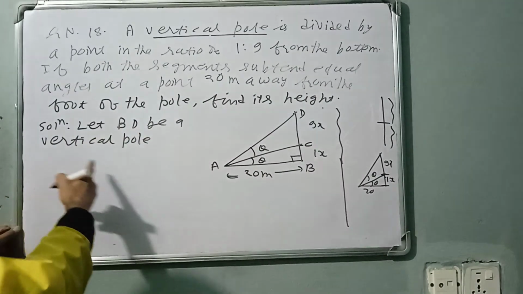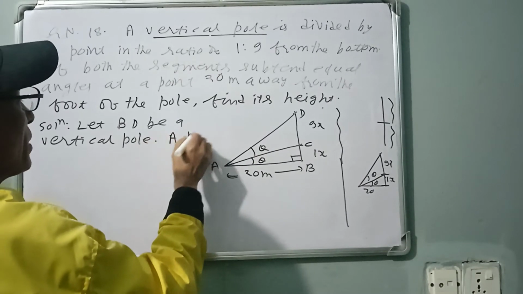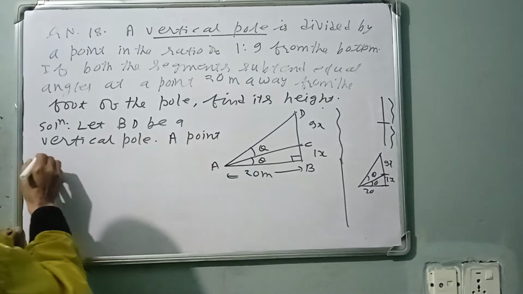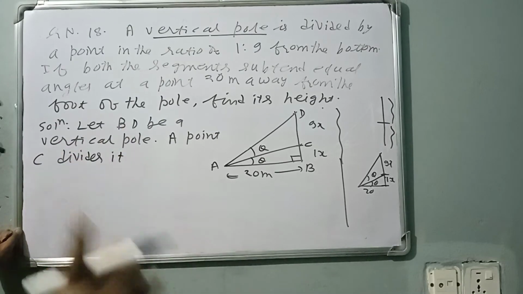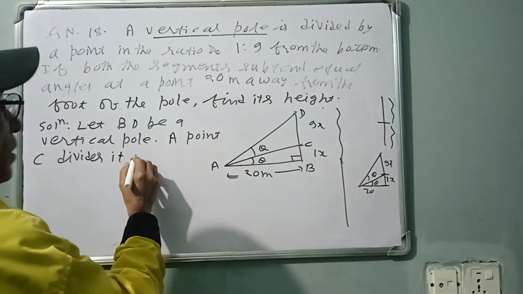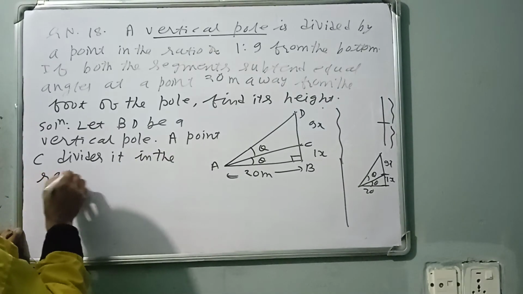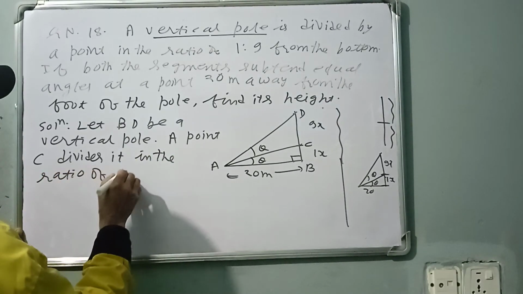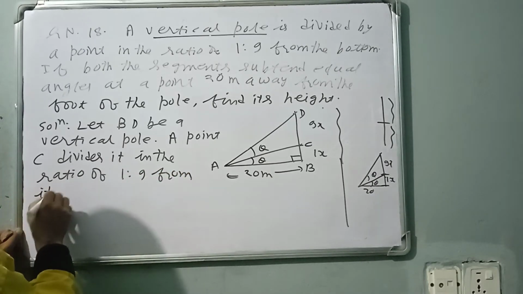Let BD be a vertical pole. Of point C divides it. Here it means the pole in the ratio of 1:9 from its foot